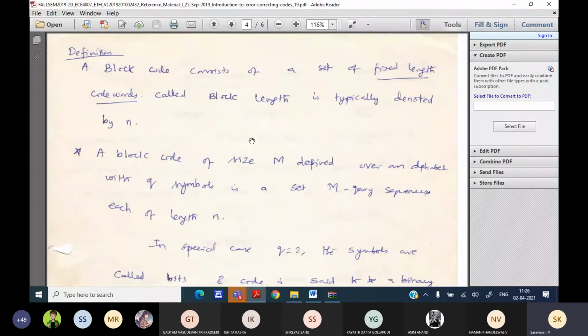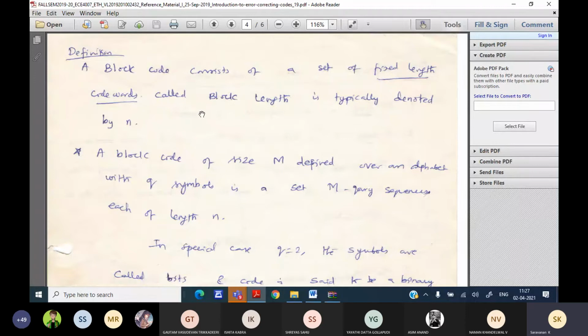Next, a block code consists of a set of fixed length code words, which is nothing but the block length. So I have some message, and I add some redundant bits.